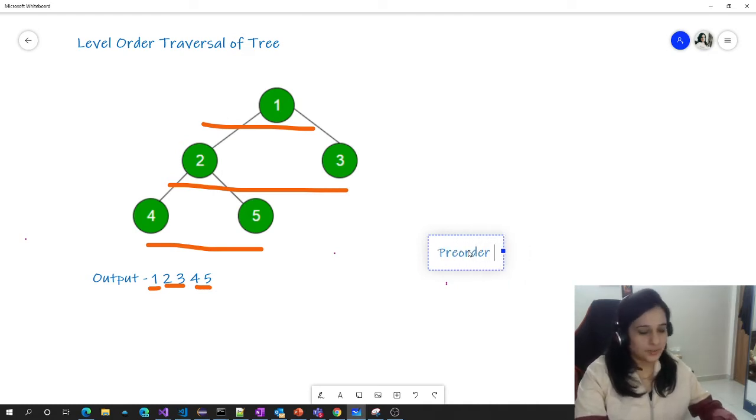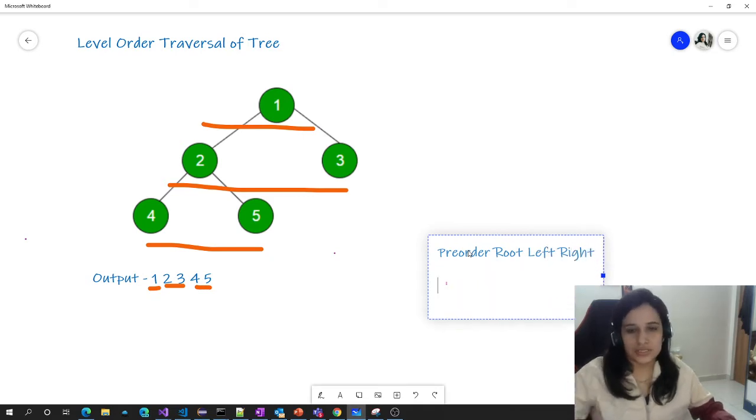Pre-order basically prints the node: root, left and right. So in this example, root is 1 and left of 1 is 2. Again, we have to follow this pre-order. So 2 is the root of 4 and 5, right?